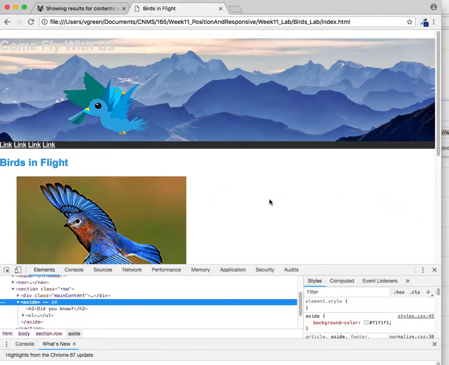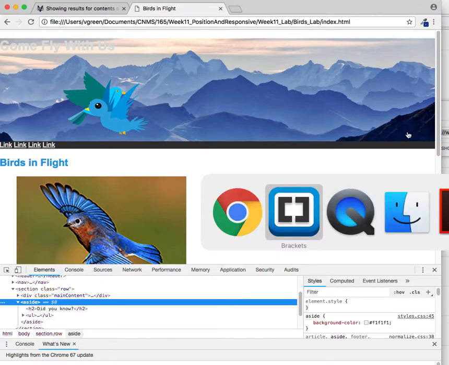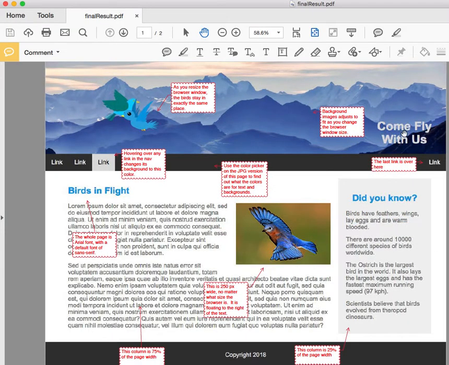Here is a better use of absolute positioning and relative positioning. So I would like to take this text and have it go down here. So if I take a look at the PDF, what it's supposed to look like, I would like to have it over here. I want to adjust the width a little bit, and it needs to fly down here near the bottom. So this is a great time to use absolute positioning because I have set a height on this